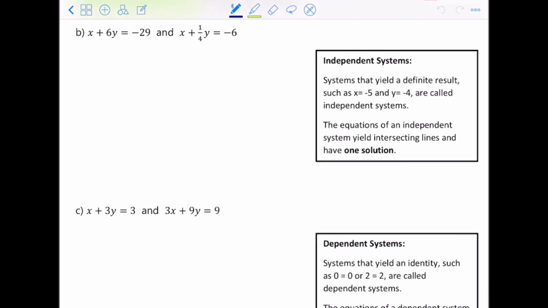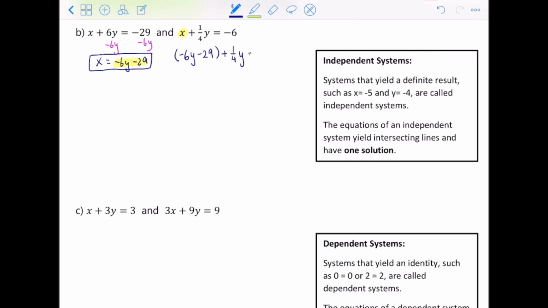Moving on to part B. Same step. We're going to isolate x from the first equation. So let's remove 6y from both sides. So we're left with x equals negative 6y minus 29 first. We're going to sub this expression into the x on the second equation. So we have negative 6y minus 29 plus 1 over